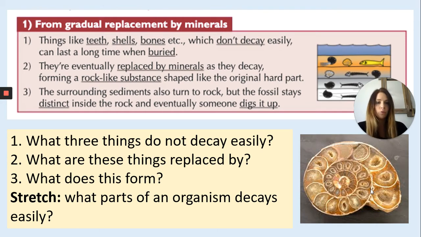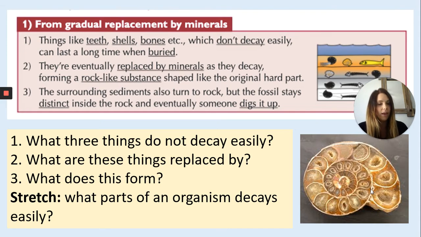Okay, the first way is by replacement of minerals. So things like teeth, shells, bones, etc., which are really, really hard, they don't decay easily. So decay means to break down. So if an animal or plant or something was to die, then the soft parts are going to decay first. They're going to get broken down by microorganisms. The hard parts are going to stay there for some time. But eventually they will